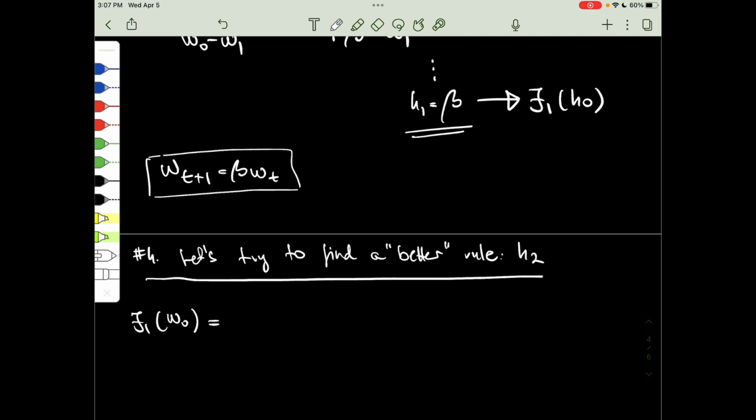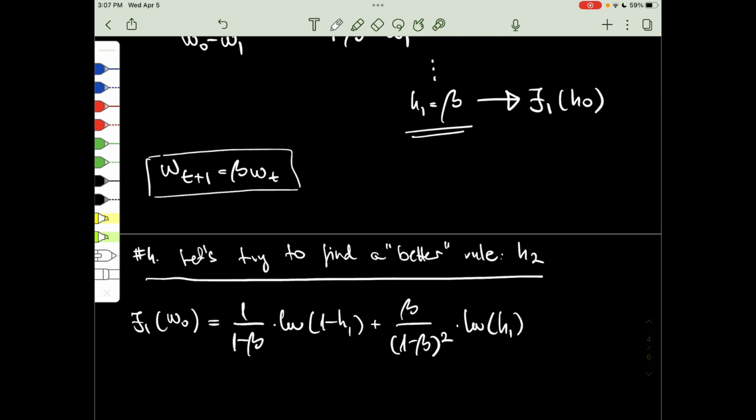It looks horrible, but luckily we can use the result of the previous step. So we don't need to go back to the recursive formula to rewrite the whole value function. We can use J0